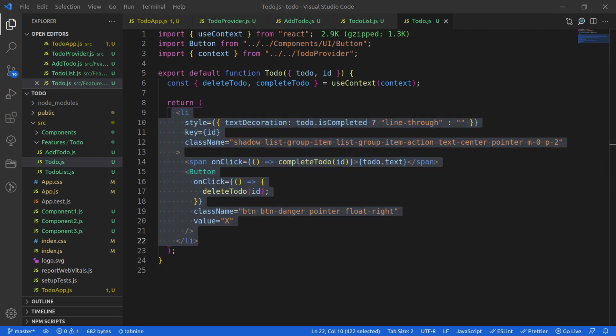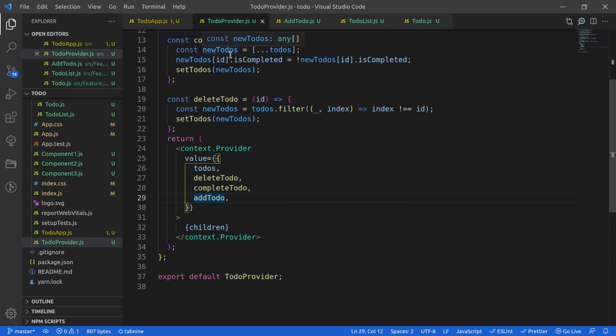So guys, I hope that you have understood this whole application, how this particular application has been converted from the prop drilling thing to a complete application using the context API. So if you have any queries, if you have any doubts, do let me know in the comment section, and I will try to help you out with every possible scenario.